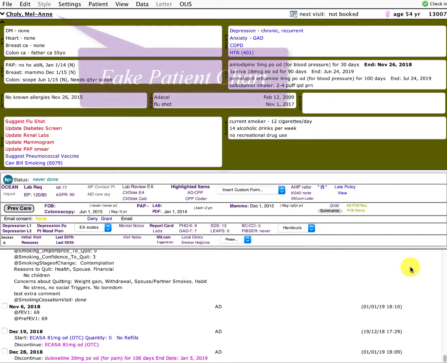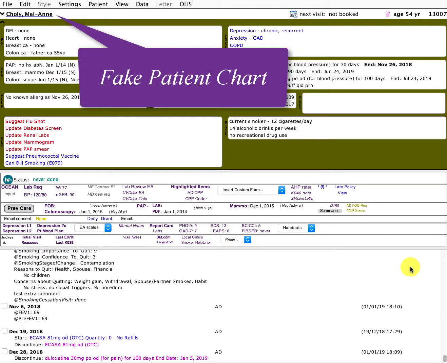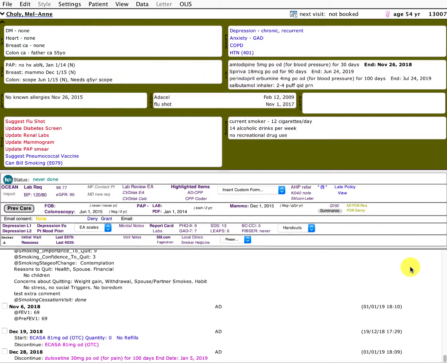Today I'm going to show a demonstration on a couple of EMR tools that I have built for TELUS EMR, PS Suite EMR that help in smoking cessation, the documentation and the care and even the billing optimization for smoking cessation. So here is a fake patient chart,